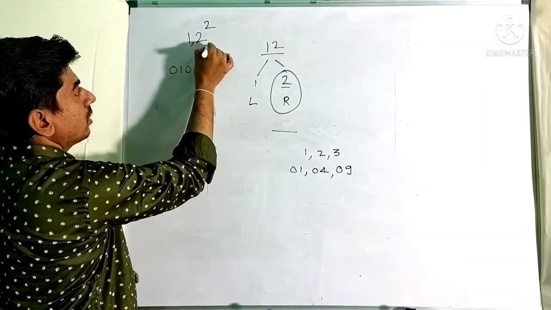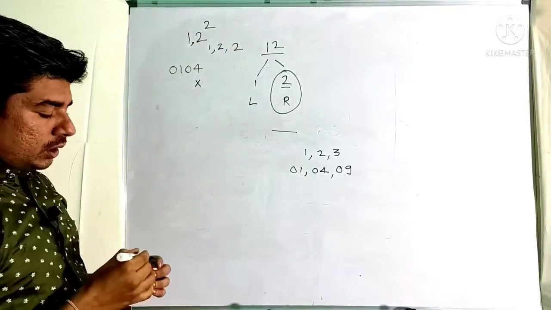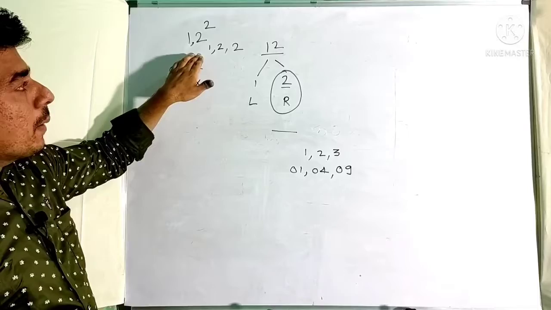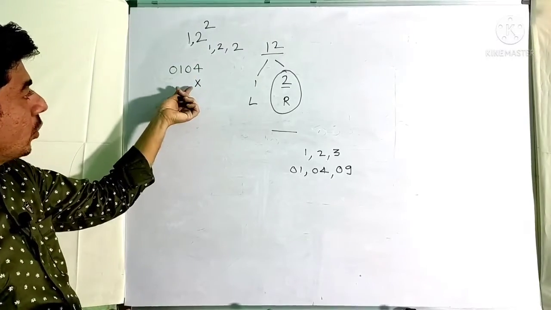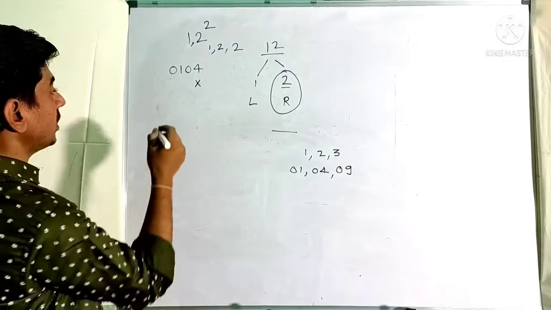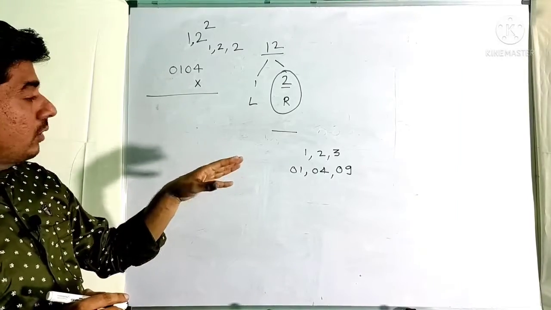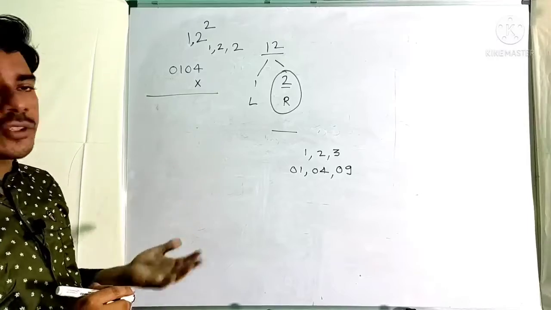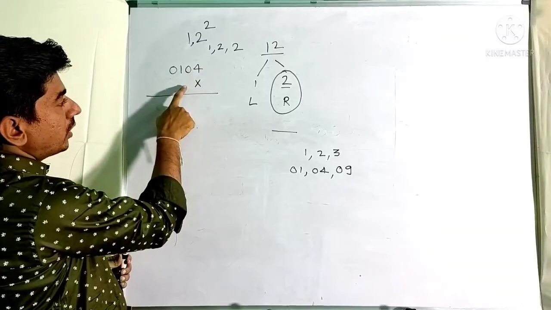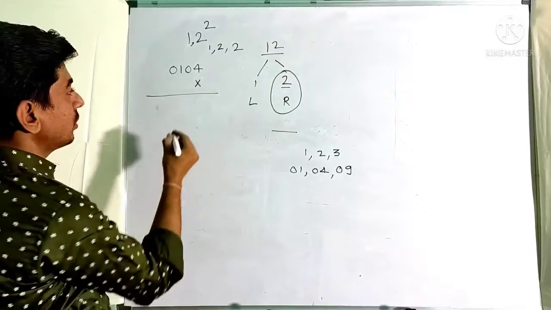Then the final step is to take the product of the parts. The parts now remaining will be 1, 2 and the square of 2. These are three different numbers, and we are going to multiply these three numbers and write the result here after leaving the number of places required. Hope you are understanding. If you are not getting this, the next three examples will also be on a similar basis, and you will understand them later. Now what I am going to write here is the product of these three numbers. 1 into 2 is 2, 2 into 2 is 4. Just write it here.